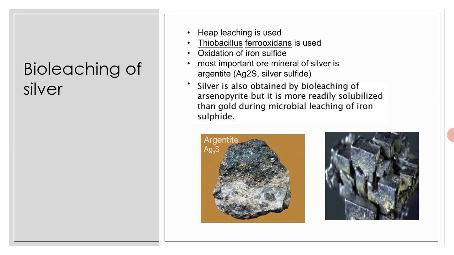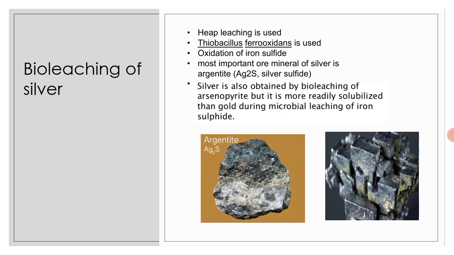The chemical reactions are the same as in the bioleaching of copper; there is also the iron sulfide oxidation, and here also the same. The only difference is that instead of copper, here it is silver, Ag. The reactions remain the same in both processes. In this also, the bacteria oxidize the iron and oxidize the sulfur. So it will again regenerate the ferric ion from the ferrous ion, and this ferric ion is responsible for oxidizing the ore.